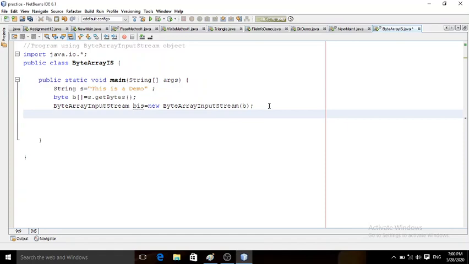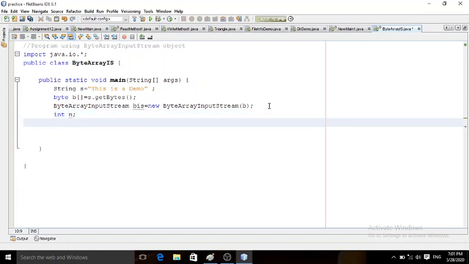The return type of this read method is integer. It reads data in the form of a byte and converts it into the equivalent integer number. To capture this return value, I need to declare one integer variable. Let us consider int n, in which I will put the byte that has been read by the read method.